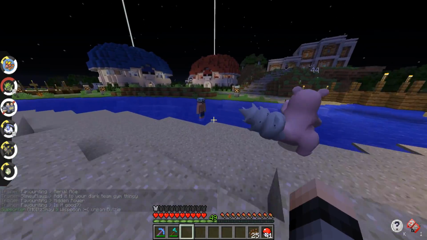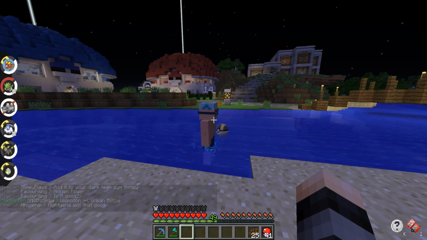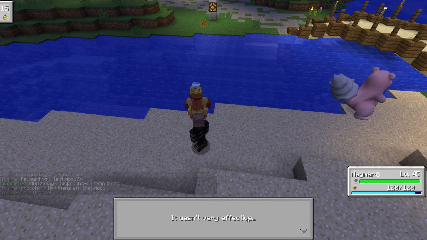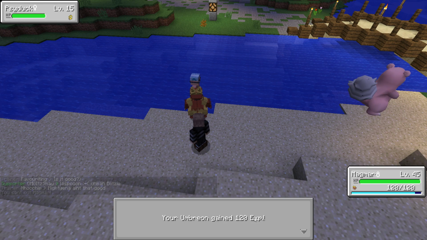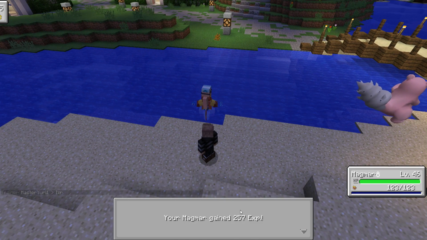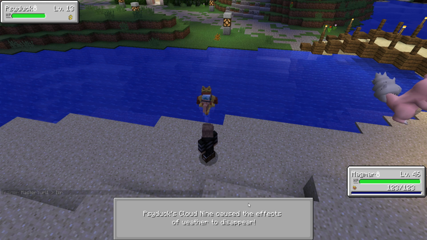Alright, we got ourselves a swimmer NPC, only level 14. I guess we might as well just go with our Magmar. It doesn't really matter. Since it's such a lower level, it doesn't matter if we're using a fire type against a water type NPC. Alright, so we'll just go ahead and spam some fire punches, take this guy out, get